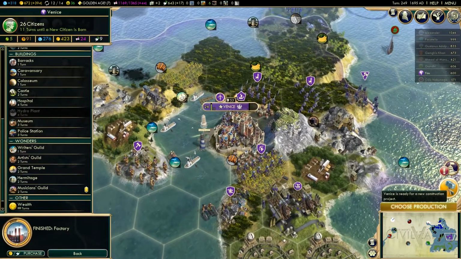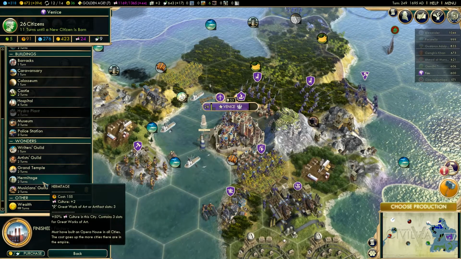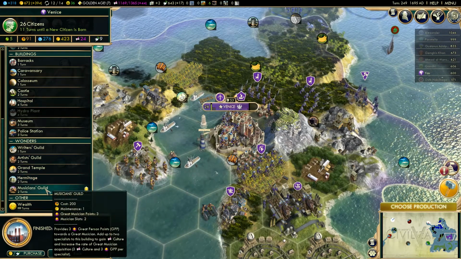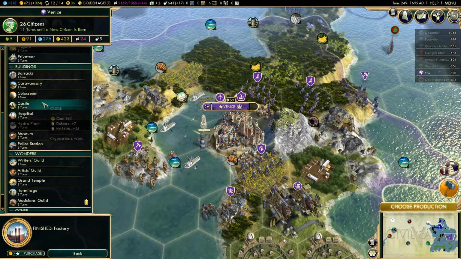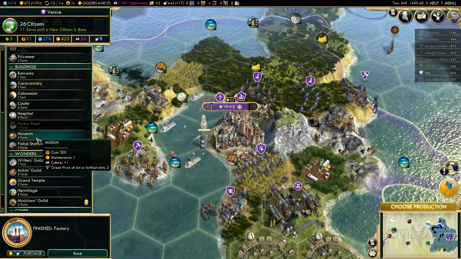And we need to choose our production. There's quite a few things we could get that would build us some great work slots. See, great works of art for the Hermitage, Musicians Guild, Writers Guild. We do need to get the guilds up and running. There are a few things here that we can build. The police station is relatively important, but I think we are going to get...